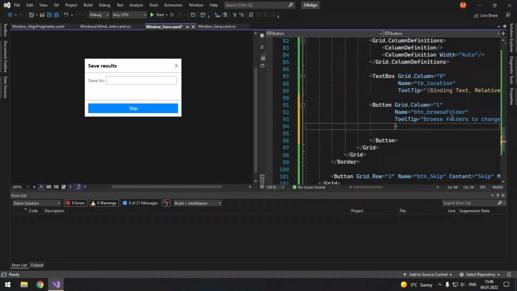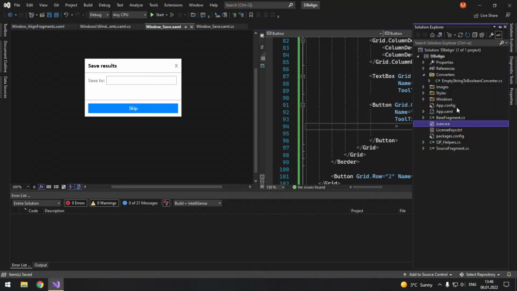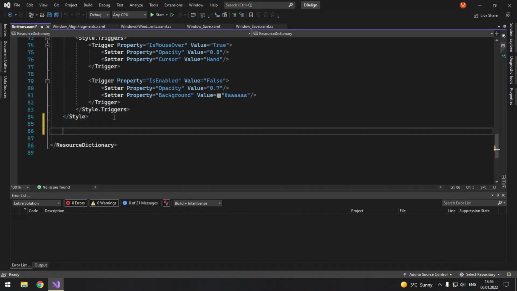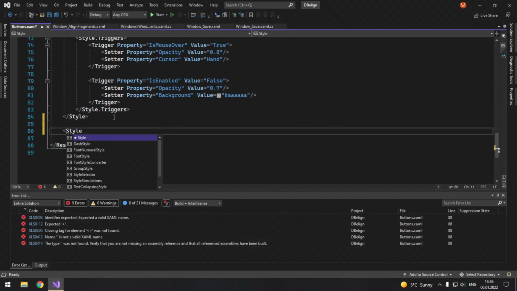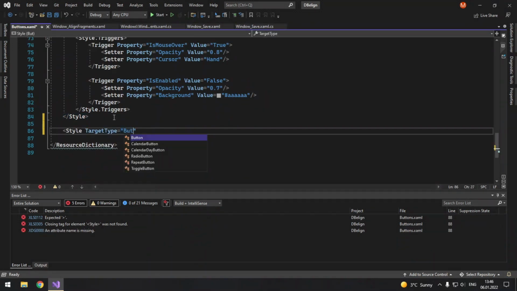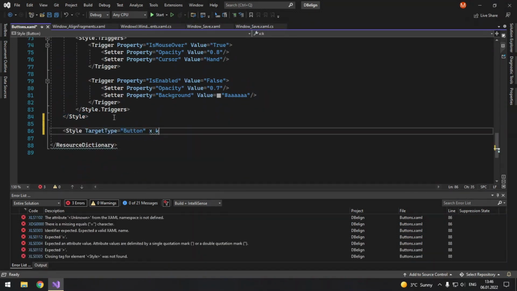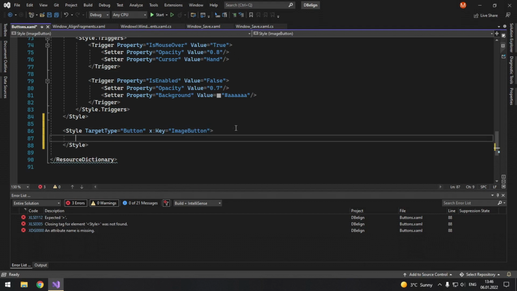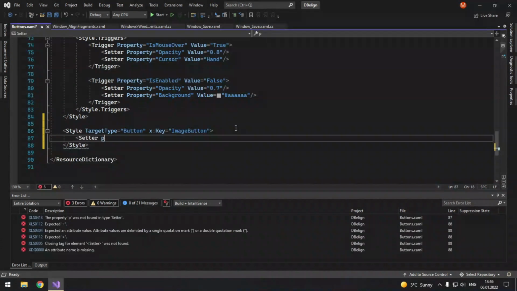Let's create a separate style for image buttons. So in styles, buttons, at the end we will add a new style. Style, target type Button. Its key is going to be imageButton.